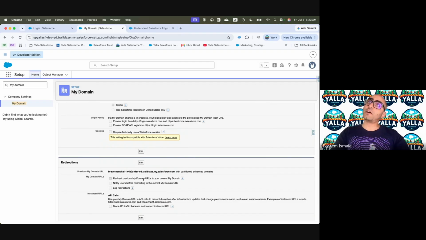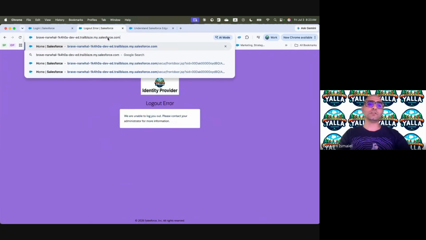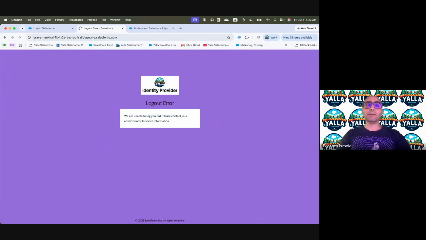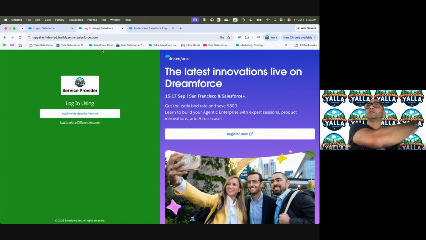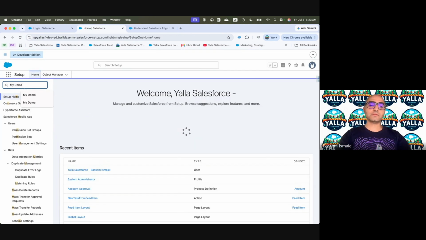Do we need to notify the user that we're going to redirect? If you want to do that, you will be putting in here notify user. So let me do this. And if I go back in here, say logout, and I use the old URL, I'm assuming it is going to be redirected to the service provider, despite the fact that I used the old one. And when I log in now, I am in, IDP made it happen.